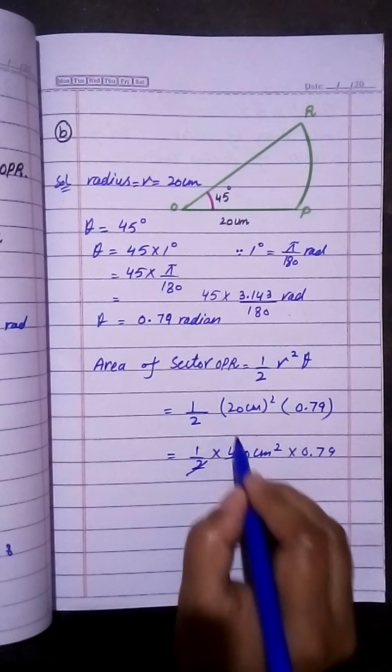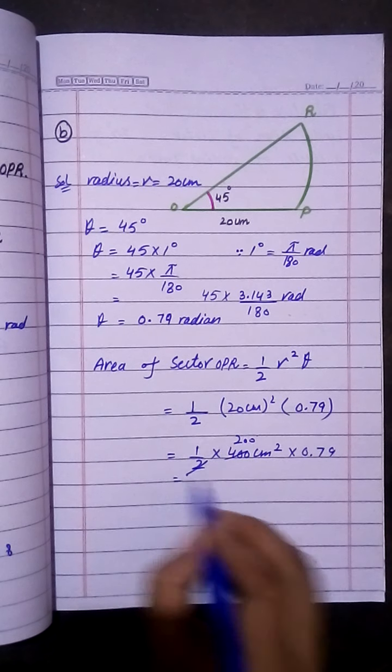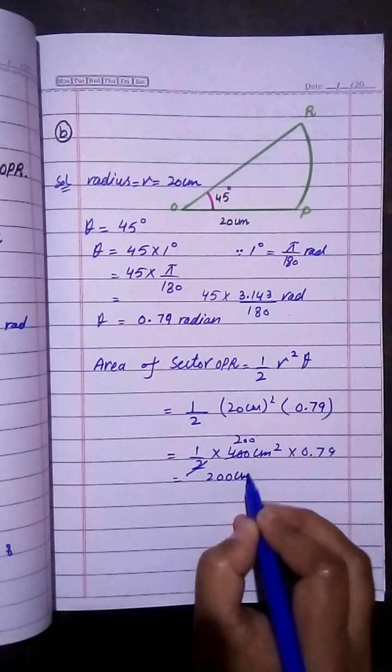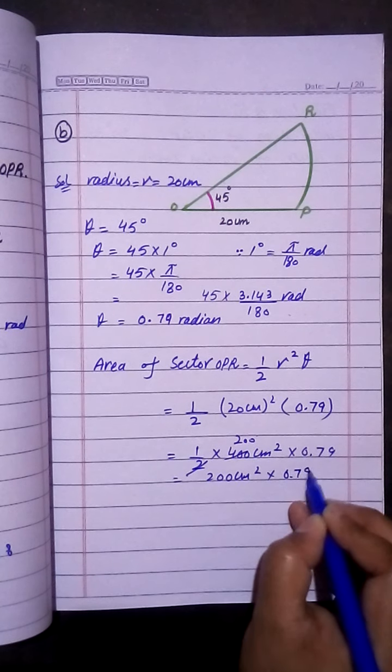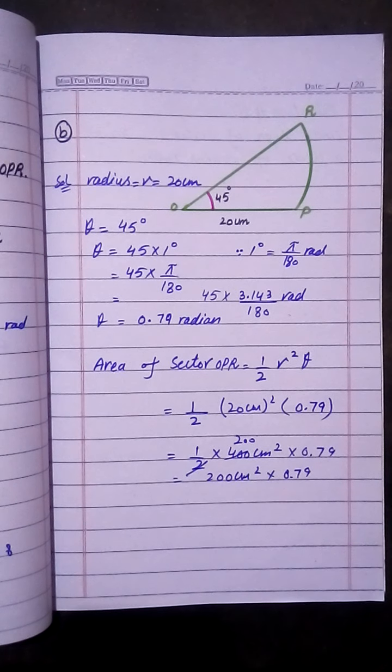2 1 the 2, 2 2 the 4. So 200 centimeter square multiplied by 0.79. So you have to multiply by calculator. 200 multiplied by 0.79, so it will be equal to